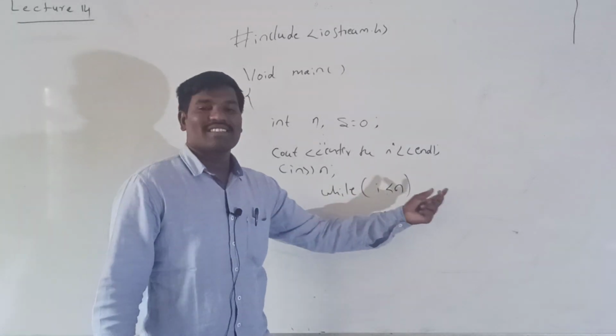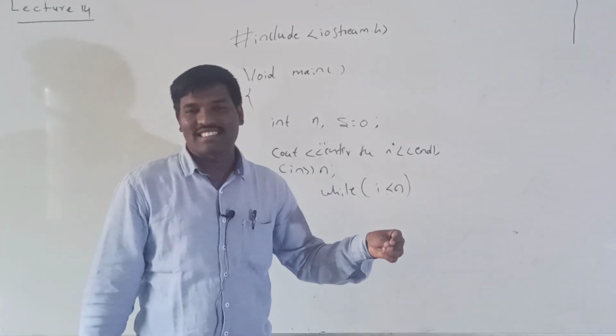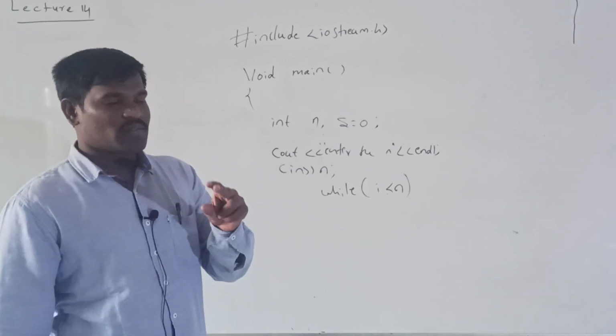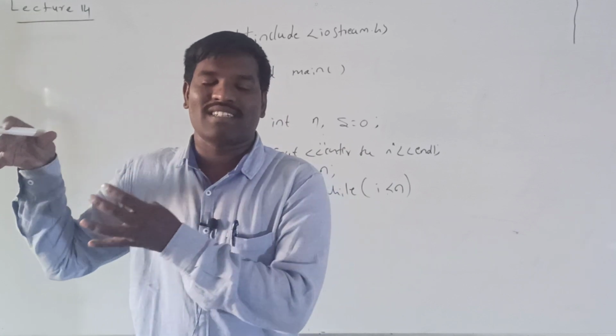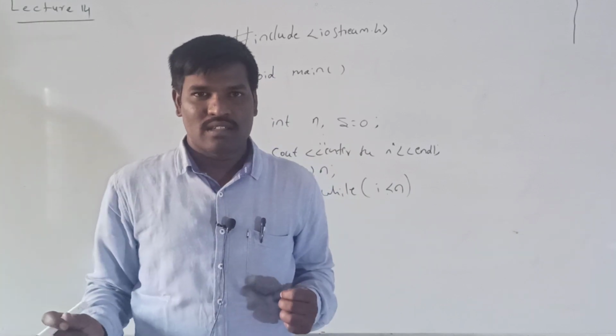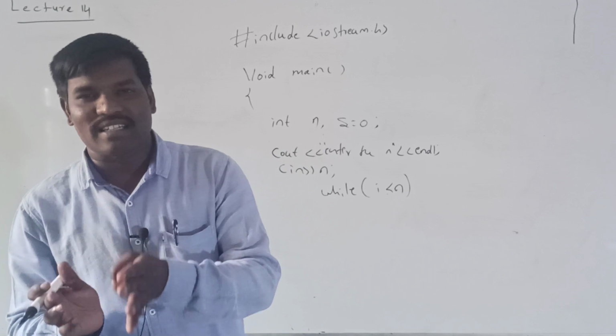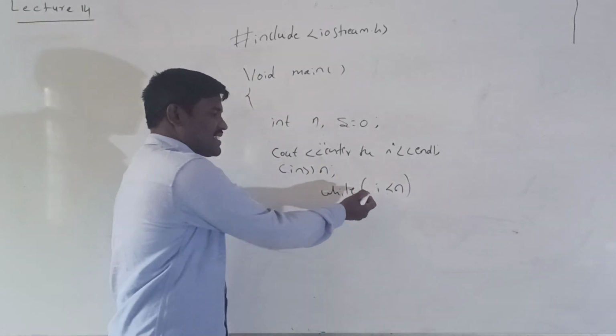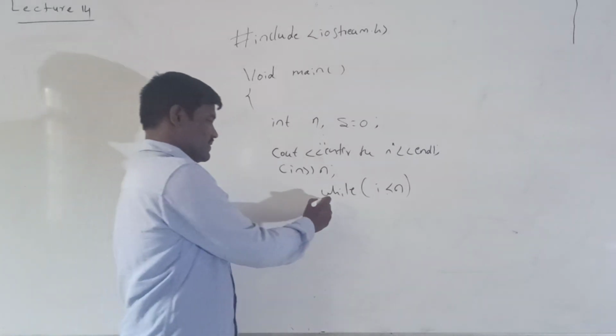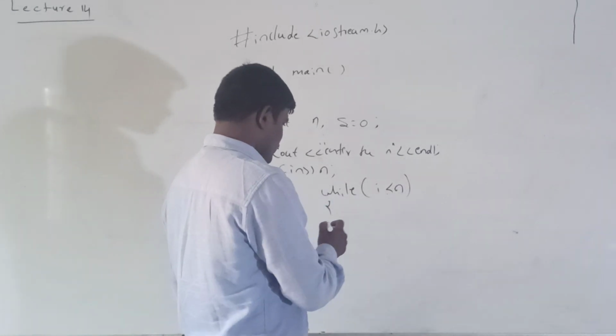I is less than n, and don't write I is less than or equal to n, because if you are finding the factors of 6, 6 is not included as a factor. So whatever the numbers less than 6 you can check. So that's why I can write I is less than n. Next, if,